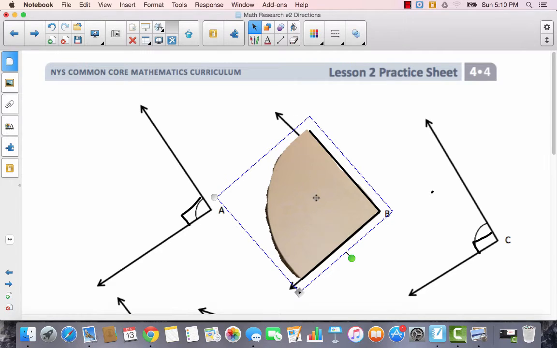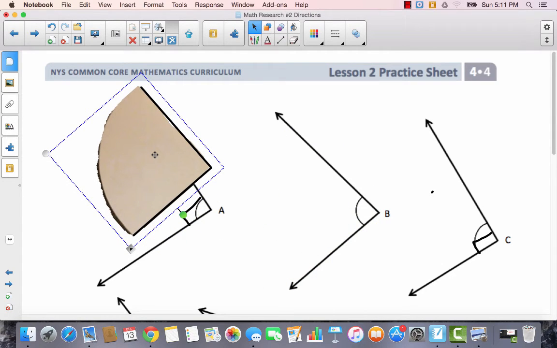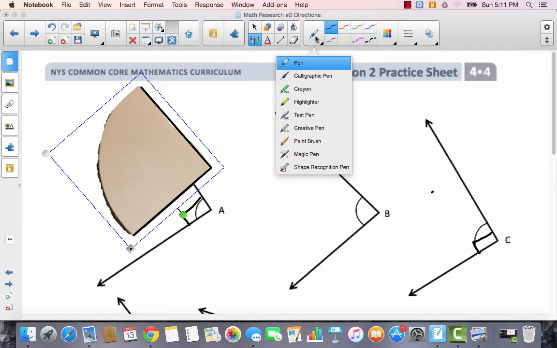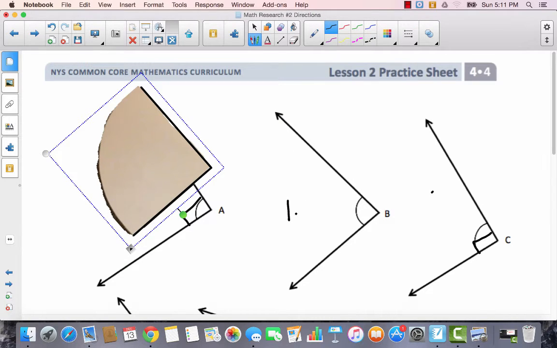That tells me that it's less than a right angle. If it was over here, that would tell me it was greater than a right angle. So any angle that's less than a right angle, we are going to write the word less inside of. Now I already know that angle C is a right angle, so I'm going to go ahead and move on